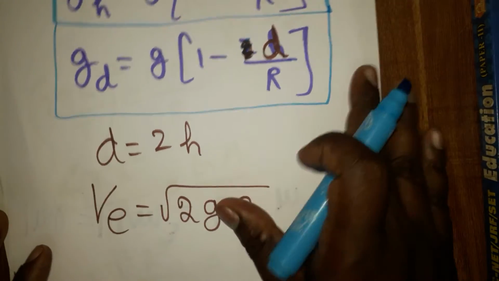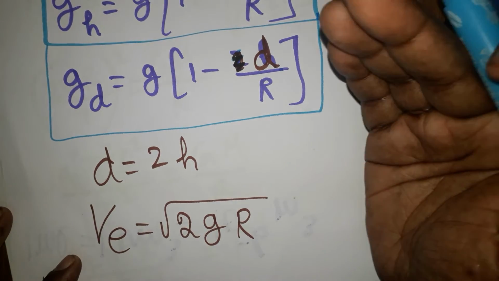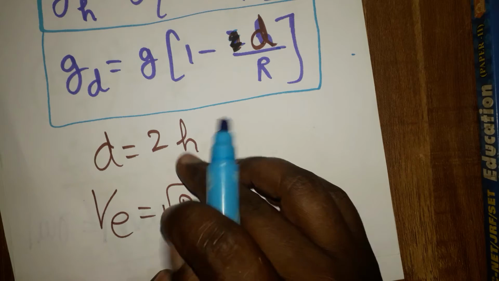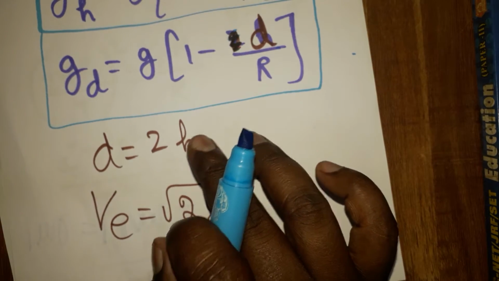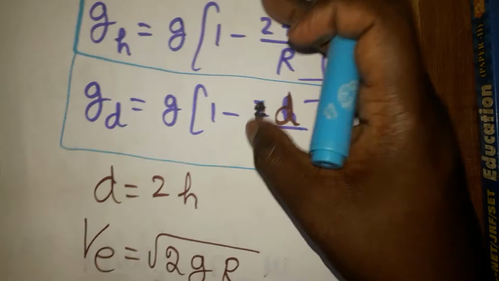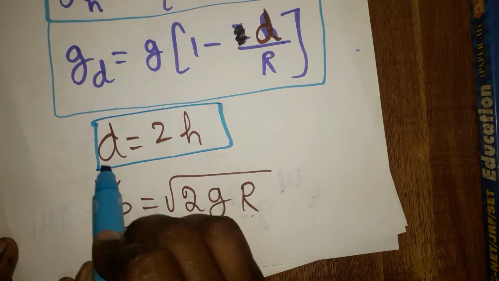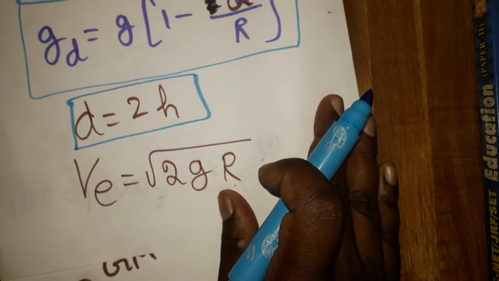In case the gravity at some height is equal to the gravity at depth, say the height is 1 kilometer, how much would the same gravity be produced at depth? It is 2 kilometer. That is the relation we have to take. If you make these two equations equal, you will get this relation. This is one of the important relations they ask about every year in the NEET exam.